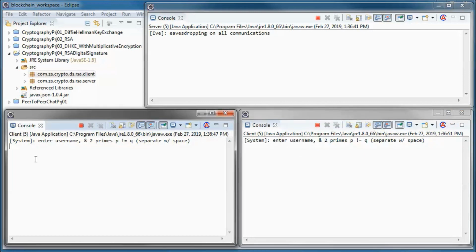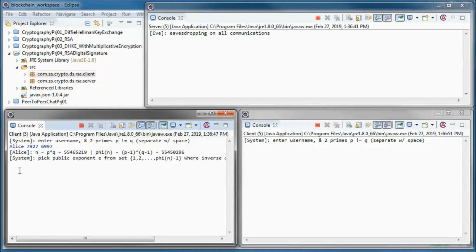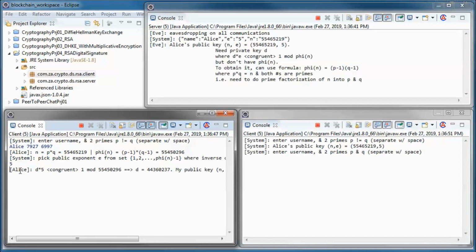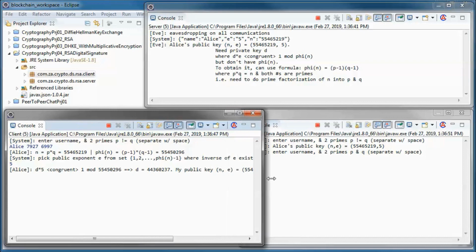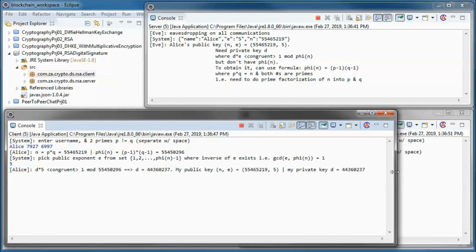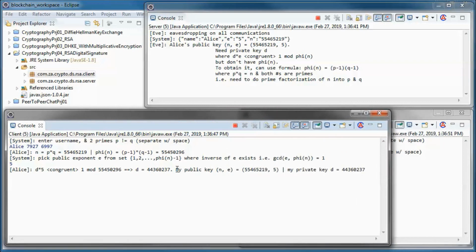So Alice supplies those two prime numbers, and this public exponent. And ends up with this public key and this private key.